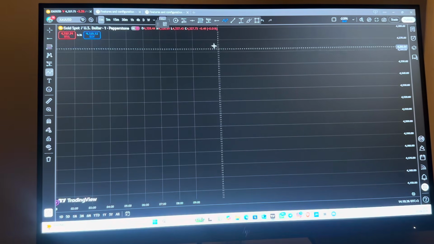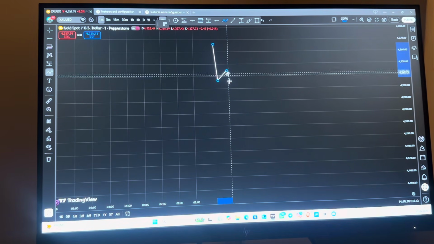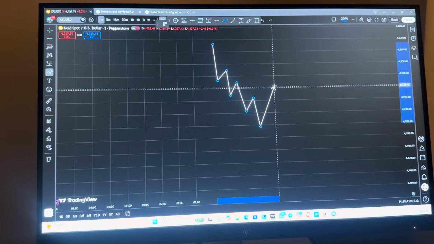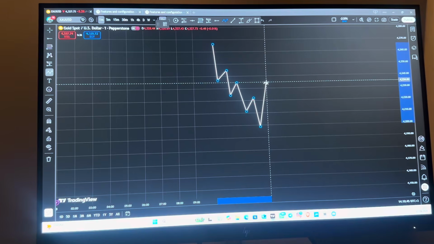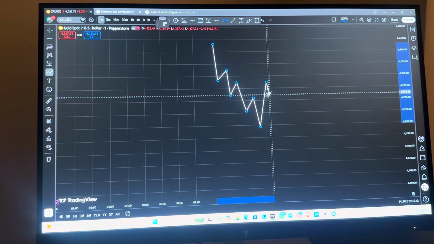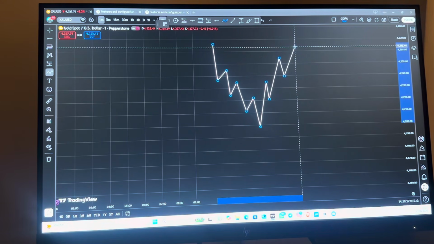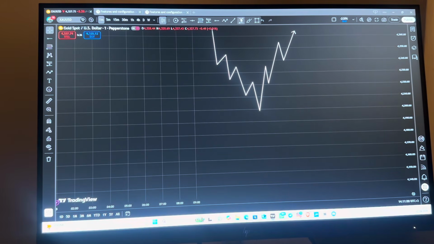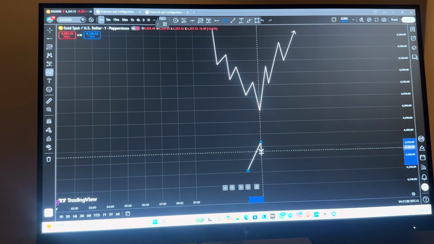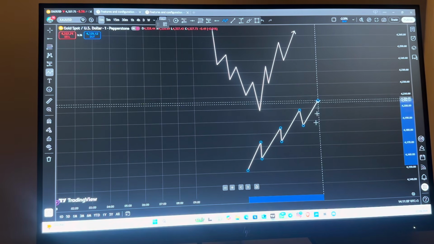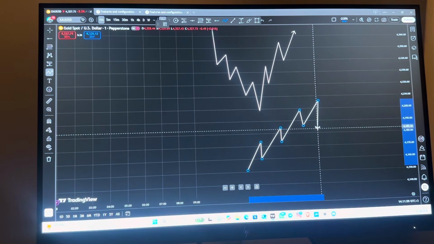shift of structure. If your market is bearish, lower low, lower high, lower low, lower high, lower low, lower high, lower low, and the market manages to break your lower high, this market has shifted its structure. So here, we are now looking for buying opportunities, right? If your market is bullish, higher high, higher low, higher high, higher low, higher high, higher low, higher high, and the market manages to break below your